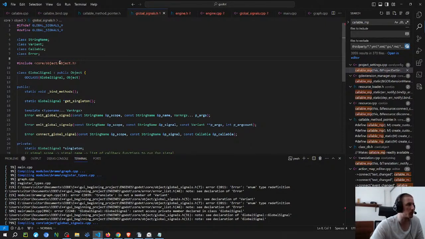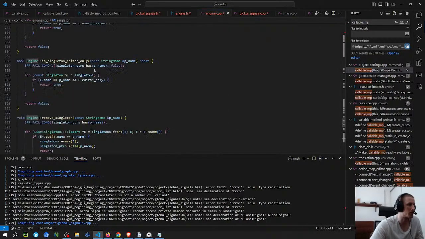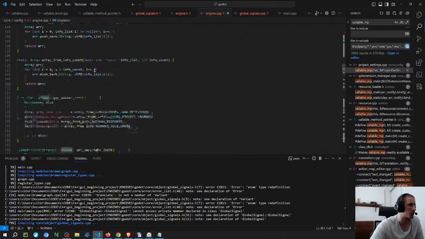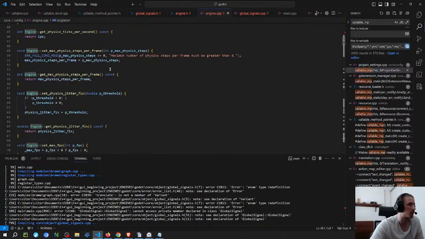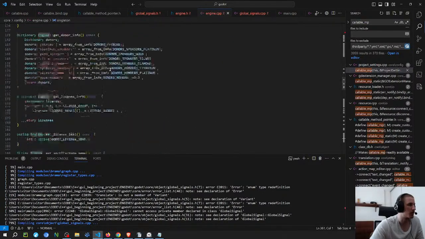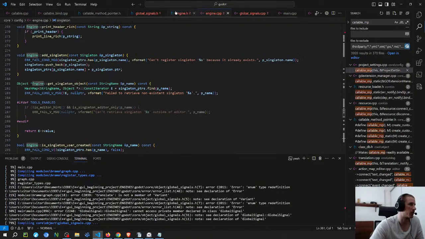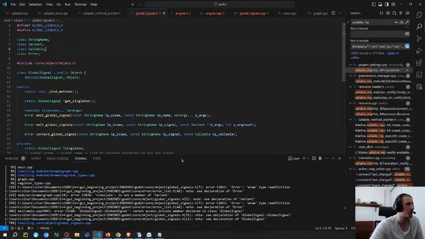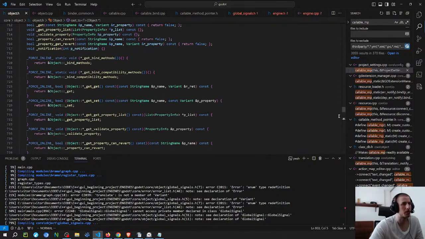But basically, in order to decrease the chances that this happens, you are usually recommended to use forward declaration. You just declare the type in the file, and then C++ can figure it out, because you are including the headers in the C++ file, to avoid this problem with the translation unit thing. So usually I think this is a pattern that people use, but I'm not 100% sure here, and it's showing an error, so I'm not really sure, because in the other files they do this, or they import stuff instead of forward declaring, but not always.